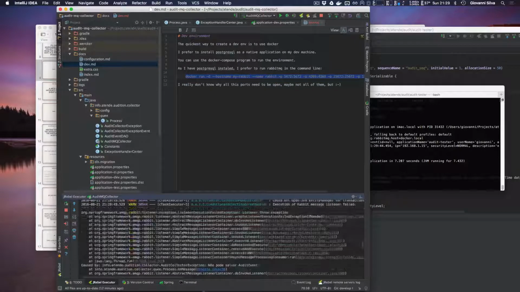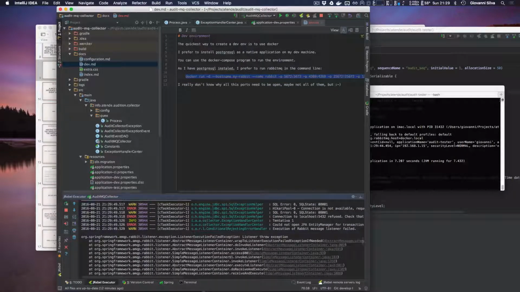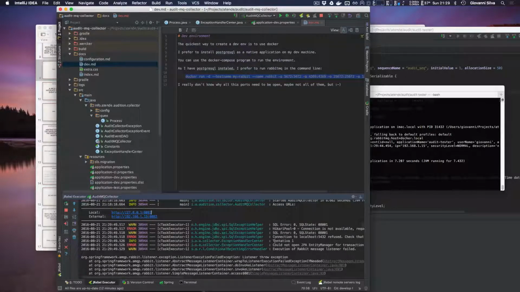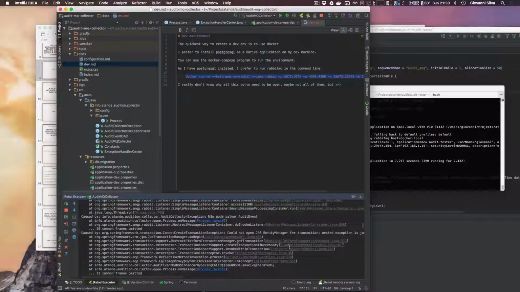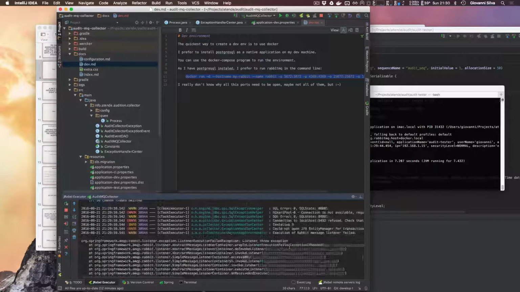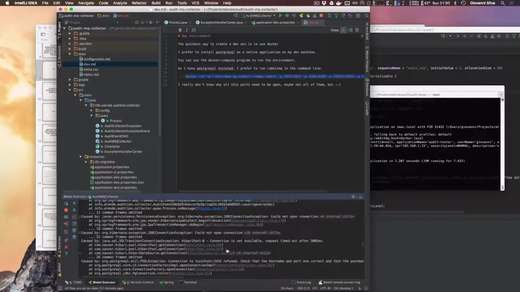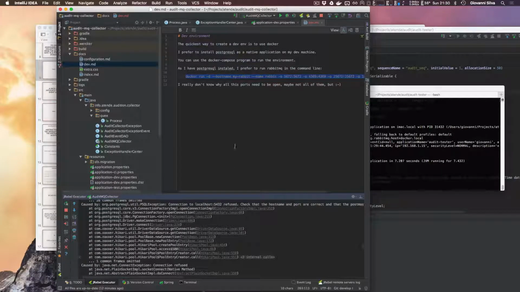Now the database is down and the collector detects that, and when it tries to save, it will try 10 times before it is stopped for 30 seconds and starts all again. So it's the third time, and you can do interesting things here. We can send an email to the IT department so they can fix that, and